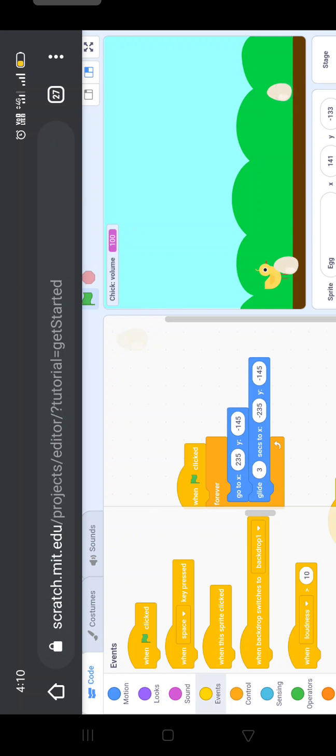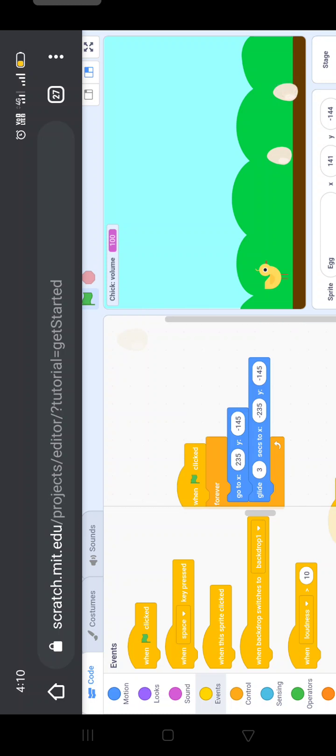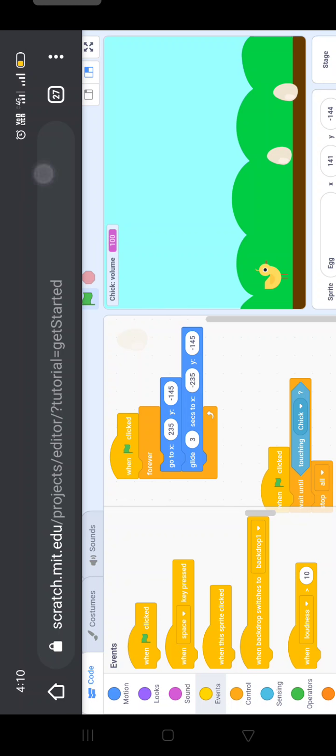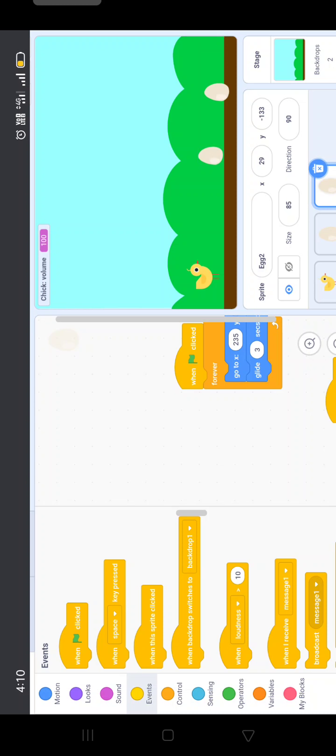See here, both are having the same code, so we have to make little changes for the duplicate egg. For this we have to make the codes little changes here. So now here to make the changes, what to do,